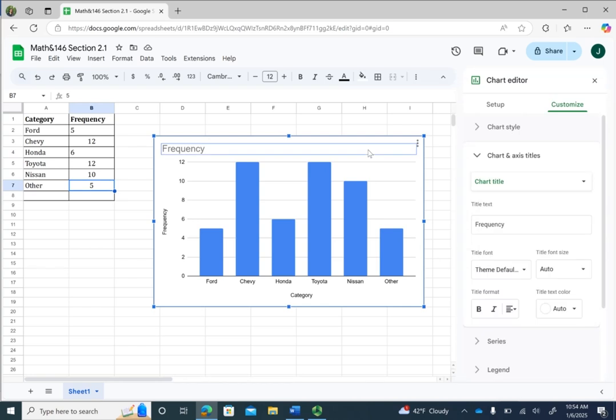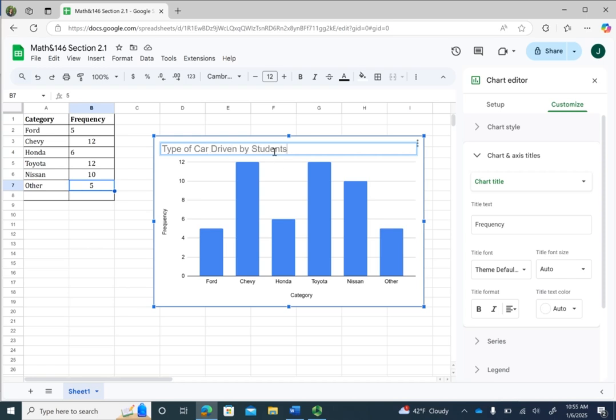Once you double click on the graph, you're going to have options to customize the graph. Here, the only thing I'm going to be changing is the title. You should be able to double click on the title. Once you double click on the title, you're going to be able to type a new title.